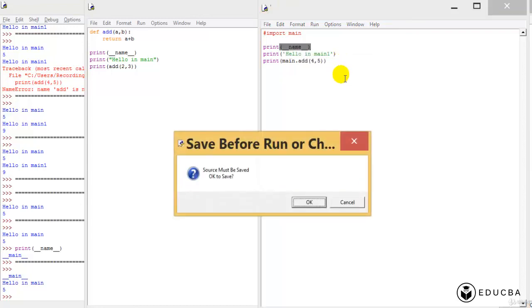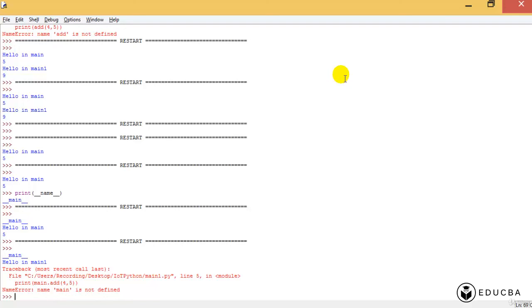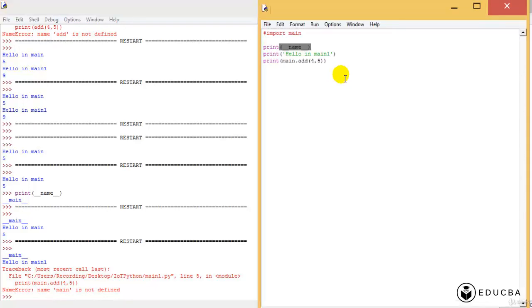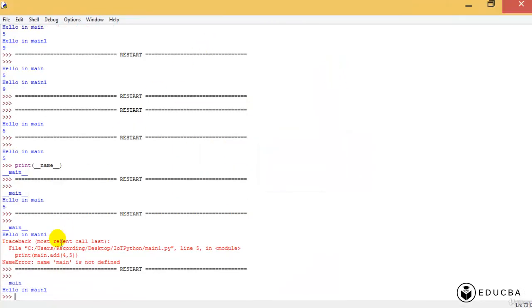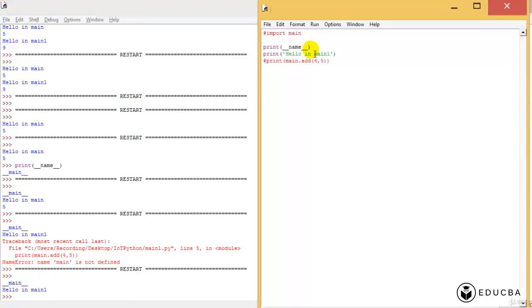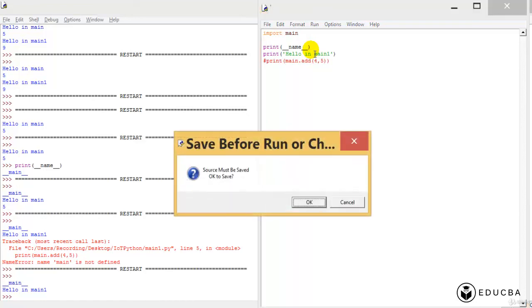and if I do an F5, you know what will happen? Oops, sorry. I don't need this main.add because I haven't imported it. Again, what is the name of the file that is being run? Underscore main underscore. Are you able to understand? The name that is being printed is still underscore main underscore. If I do an import main and then if I print this,